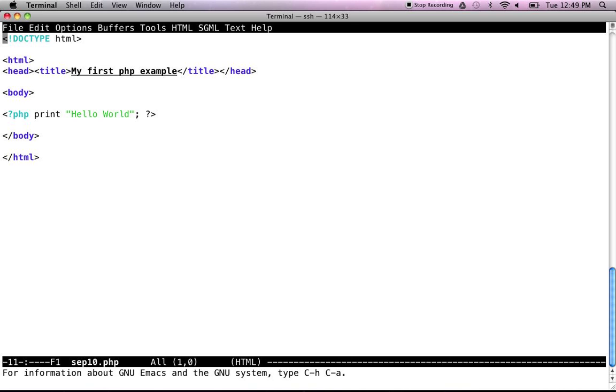Last time we had our first PHP program, which you know how to do now. So the classic thing to do as a first example is, how many people have done PHP before? Calculator? Who wants to do a calculator?